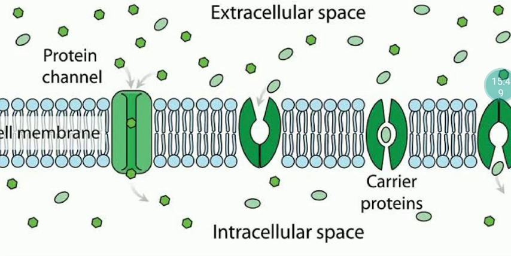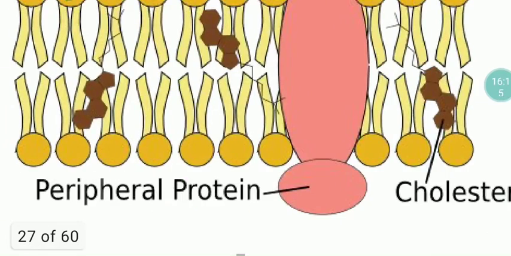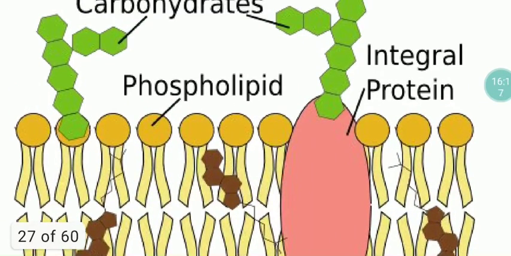In this way, different substances are transported along the concentration gradient and opposite to the concentration gradient by the use of many protein channels and carrier proteins. So we have seen the phospholipid bilayer, proteins and the carbohydrate part of the plasma membrane. If here you can see a carbohydrate attached to a protein, what do we call it? We call it a glycoprotein.